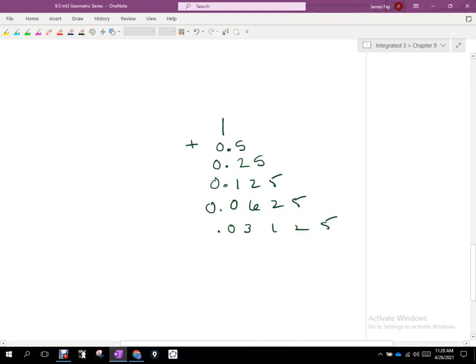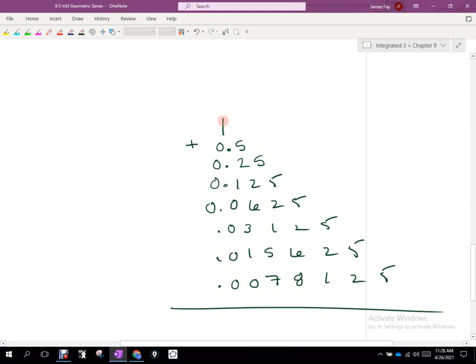And then the next one will be 0.015625, and the next one will be, so this will stop here, 0.0078125. And as you see, as you add these together, if I'm adding straight down, eventually,